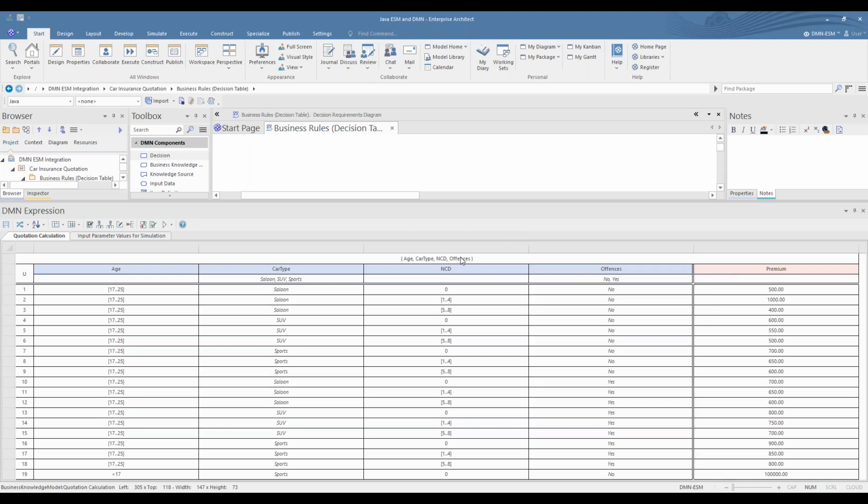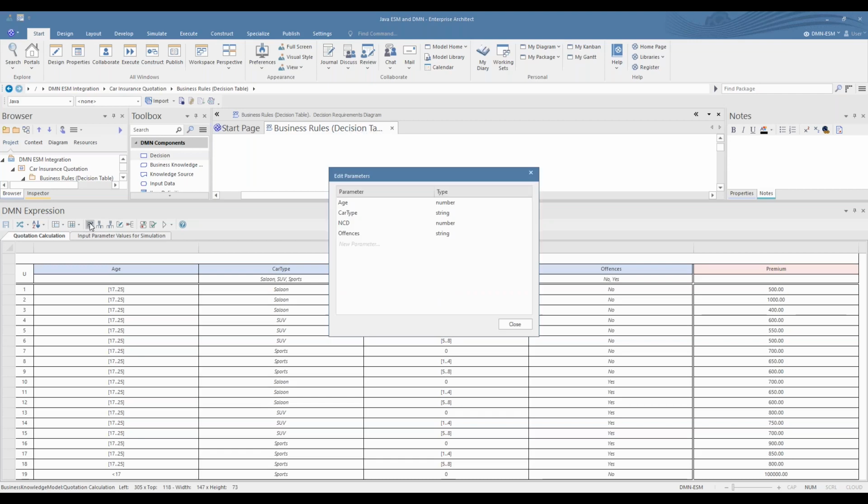This is the data that you are putting into the decision table. And as you enter into the decision table, you can set the input parameters here. So the input parameters correspond to the names that you have on your input data set, which we looked at previously.